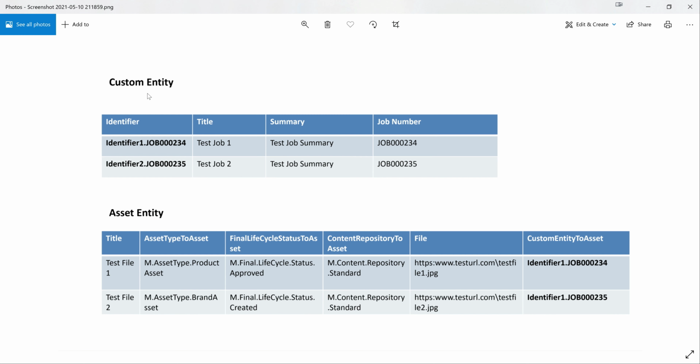And look at the custom entity. Maybe this is one of the entities we have, like it has title, summary, some service jobs kind of entity it is. So it has a title, summary, what is a job, and what is a job number. So we uploaded this first, but the second Excel upload is the asset entity. When the asset entity is uploading, we know that this test file one should be mapped to some custom entity out of this custom entity, but which row, how do we know, how can we map it? So this is where the identifiers come in.